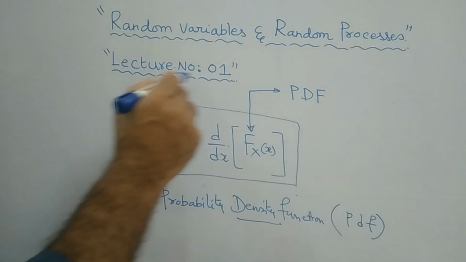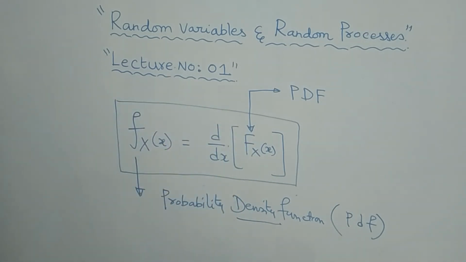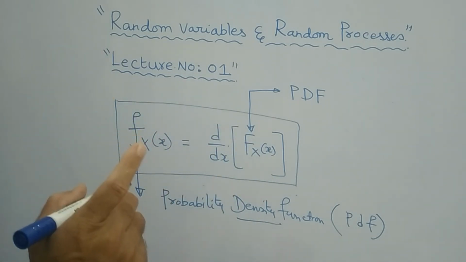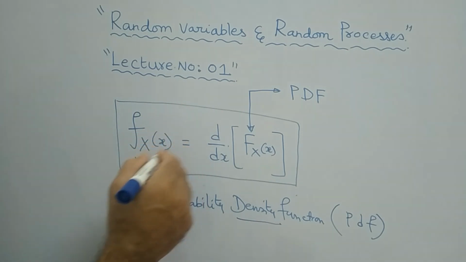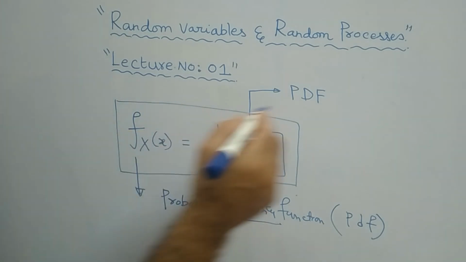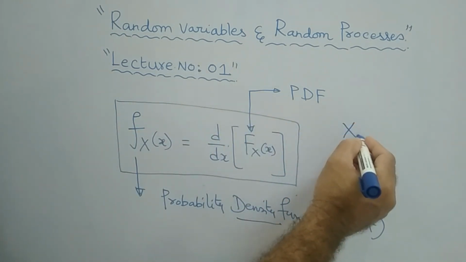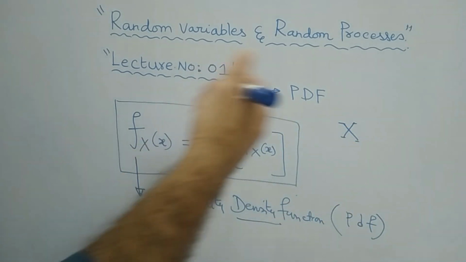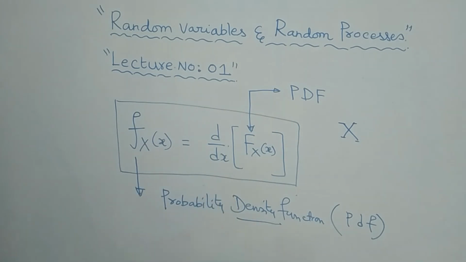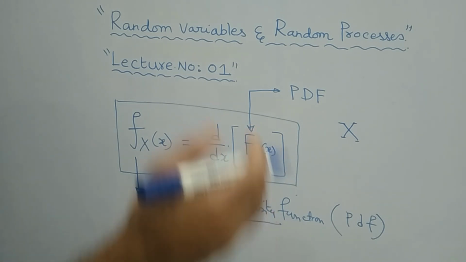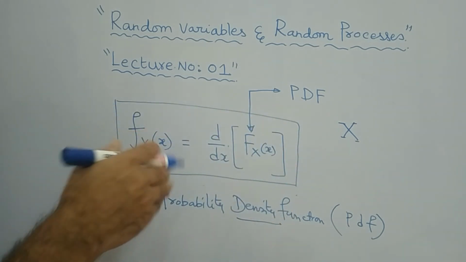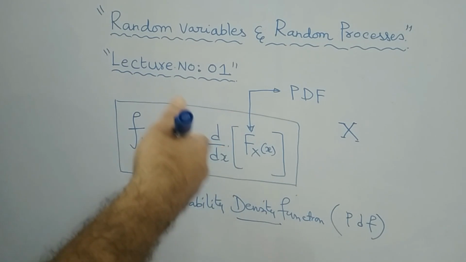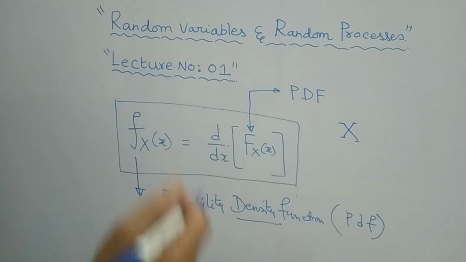Right? So all that we are studying is with respect to a single random variable only, where I am considering capital X as the random variable. With respect to X, I am explaining all these things. I think you have understood the basic concept of the random variable, the sample space and the event, and from there we have defined what a distribution function is, and thereby what a density function is.